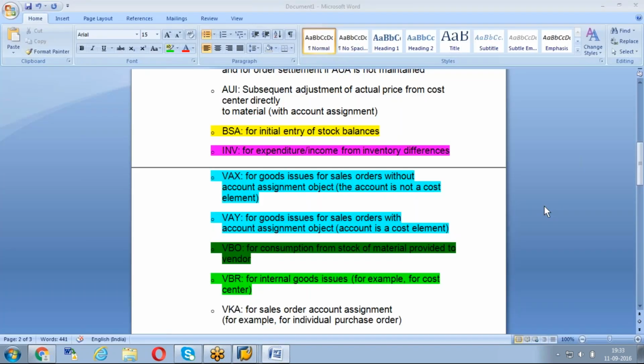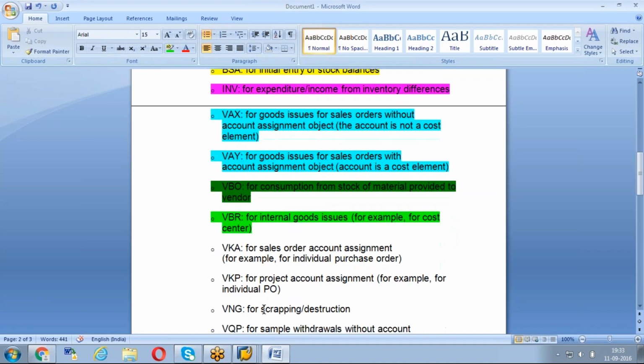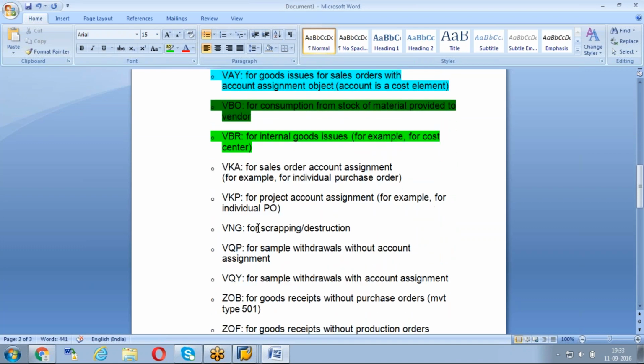When you have this goods issue to the cost center, and also when we create a PO against cost center, at that time also the GL account will come from the VBR. When we have the assignment, we give them the cost center. Also with 201, when you issue the goods, everything we will get the cost center, this one only. And one more important is this one,